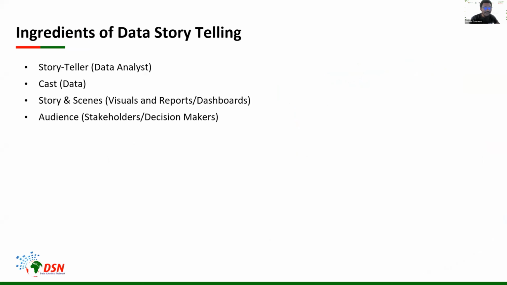Okay. Now, the ingredients of data storytelling. If I ask you to tell me the first thing that comes to your mind when you hear of stories, before you list like 5 different things, you probably will tell me about storybooks, and you also probably will tell me about movies as well. So the thing about stories is that they are things that we are able to connect with more when they are graphical. That's why we have movies, right?